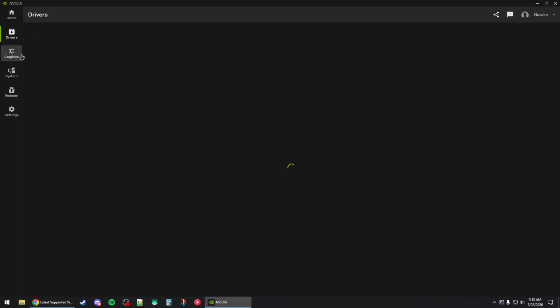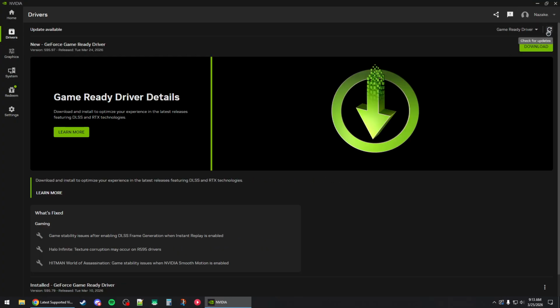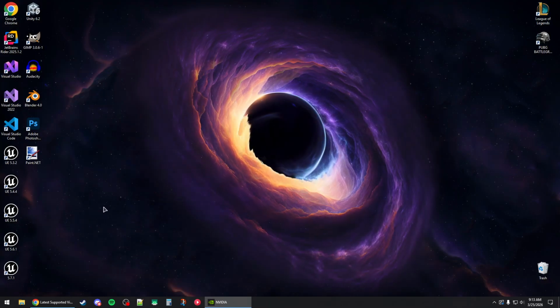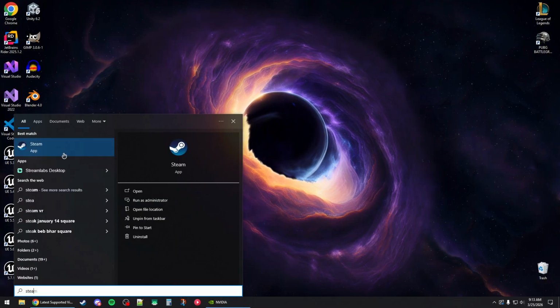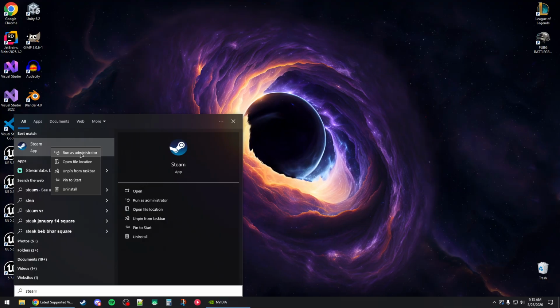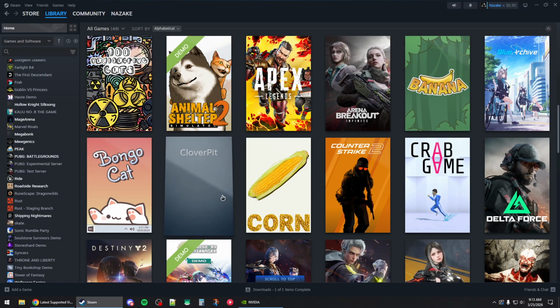And from the Drivers tab here, you will need to check for the latest available driver and download and install it. And once the installation is completed, you want to basically run Steam as admin. Before launching the game, right click on Steam and run as admin. And then you'll just need to launch the game from your library, and this should